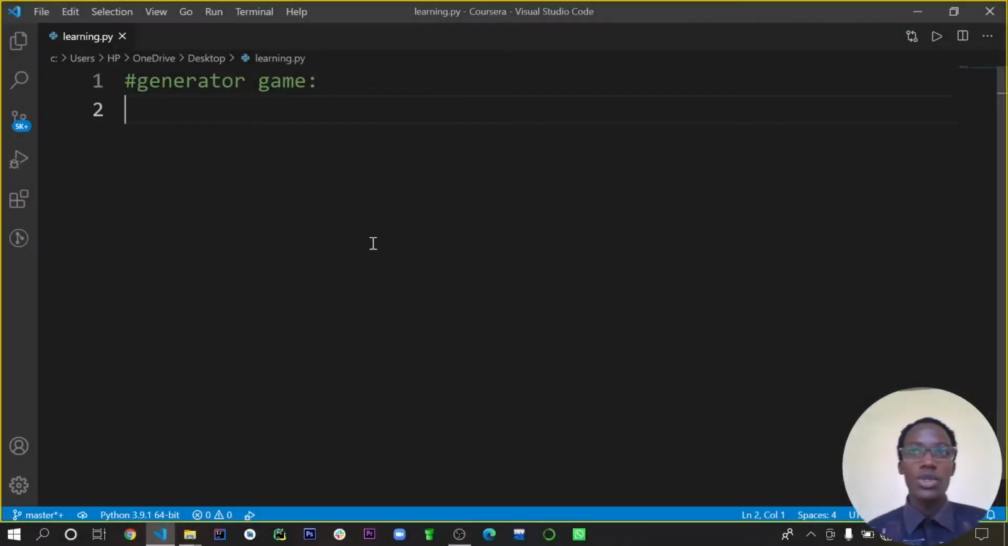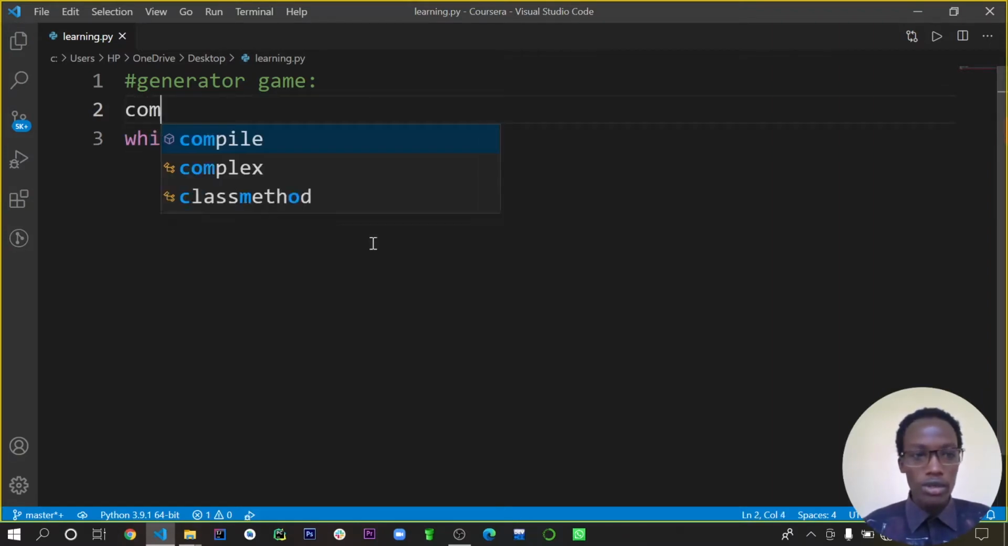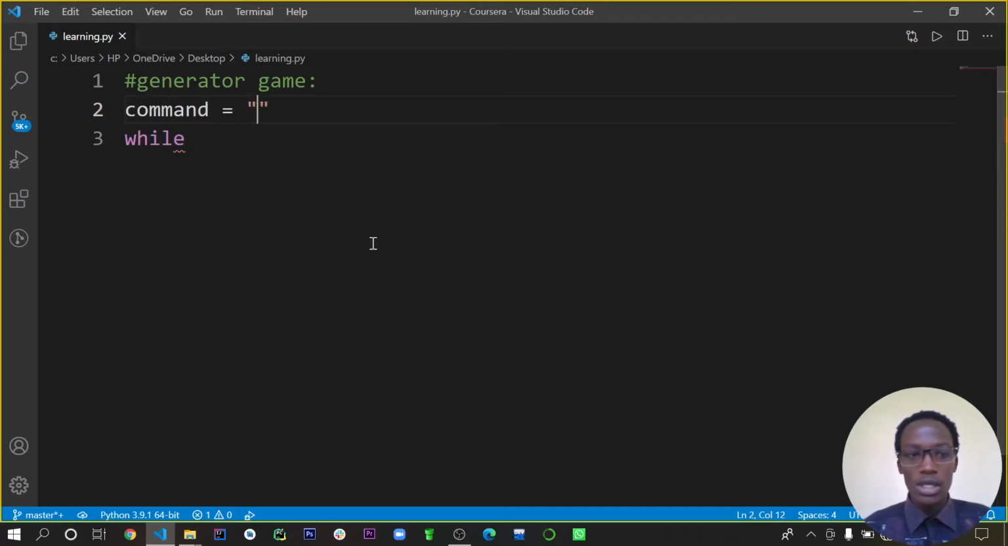If you didn't figure out the solution, then let's start by coding together. So the first step we want to do is check for a while condition. To do this, we must first have a condition, of course. So we're going to say while. We're going to first create a command, and then we insert it to empty. Then while the command is not equal to the string off,